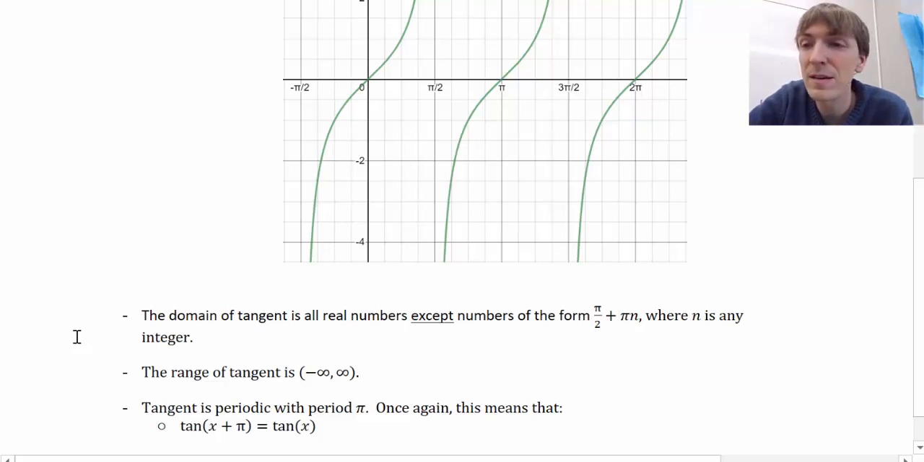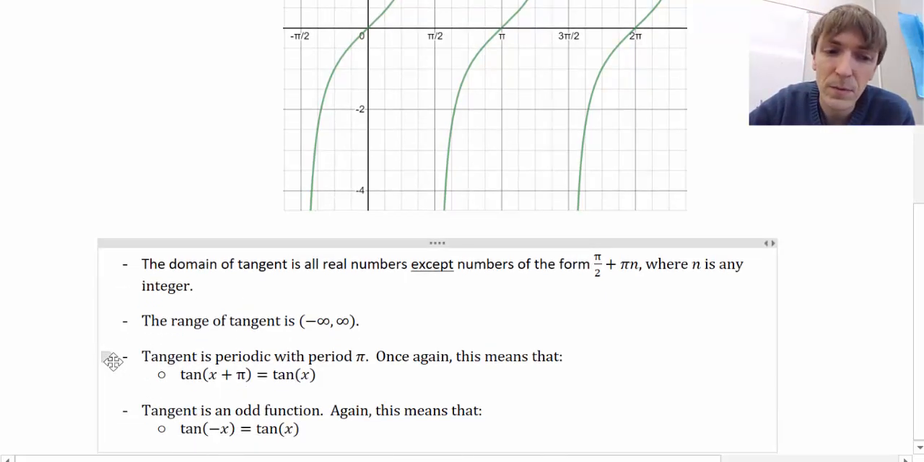However, in fact, the period is actually smaller than that. It's pi. So I'll let you think about that on the unit circle, because there's a nice explanation on the unit circle. But what that means formula-wise is that tangent of x plus pi is the same thing as tangent of x. Okay,